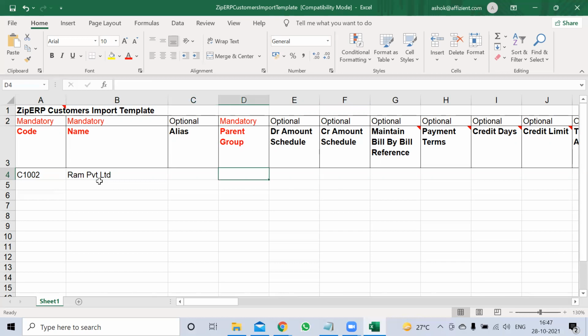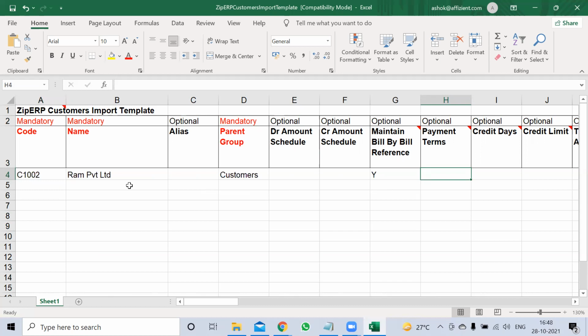Parent group will be customers, right? Then maintain bill by bill should be yes. Why? Because I want to know bill by bill how much he has, how much I have billed to him and what are the references. So payment terms by default, it will take 30 days.